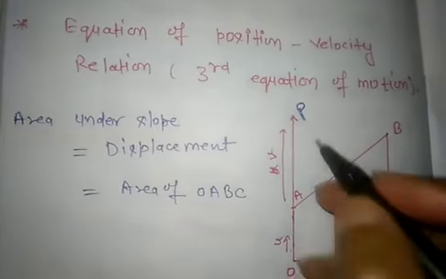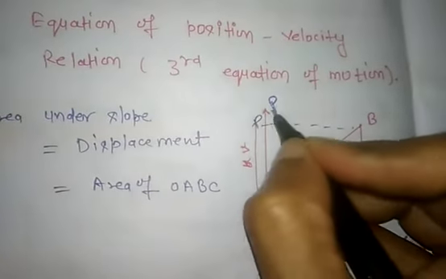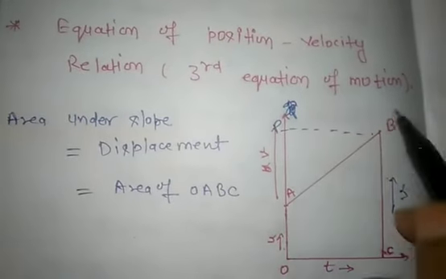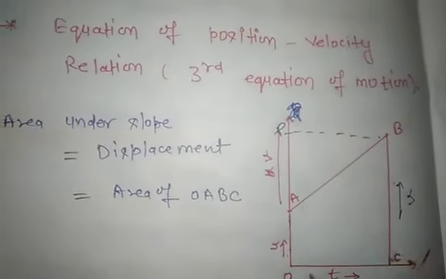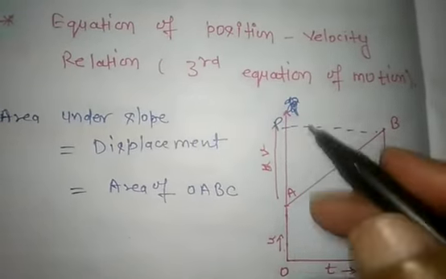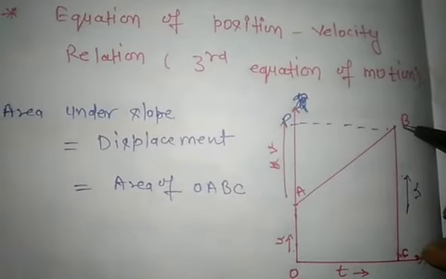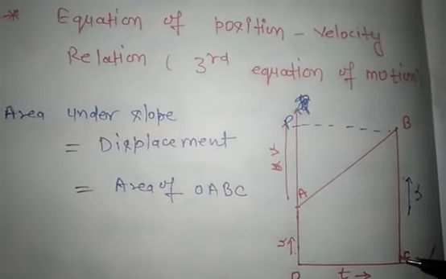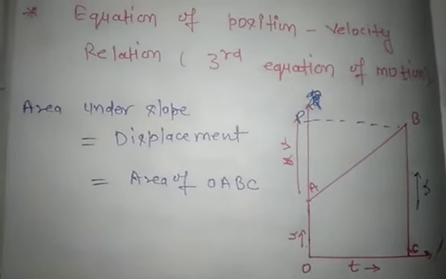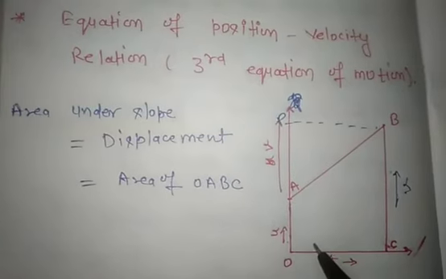OP is parallel to BC, and OP is always equal to BC. So the final velocity v at OP is equal to the final velocity from C to B, always v. So we have to find the